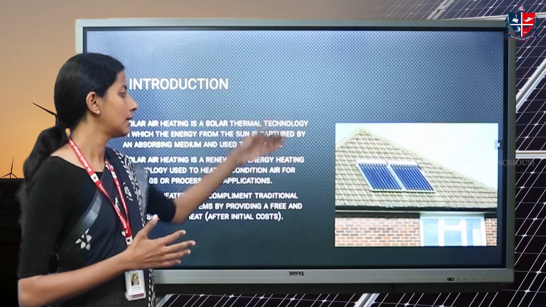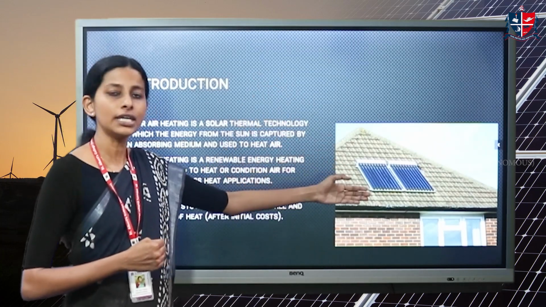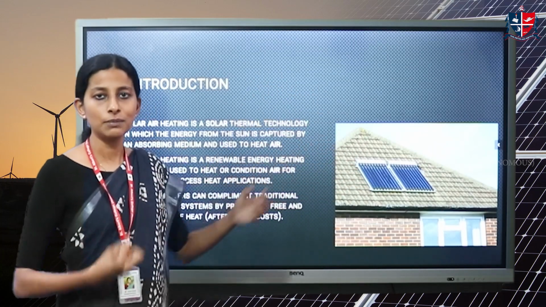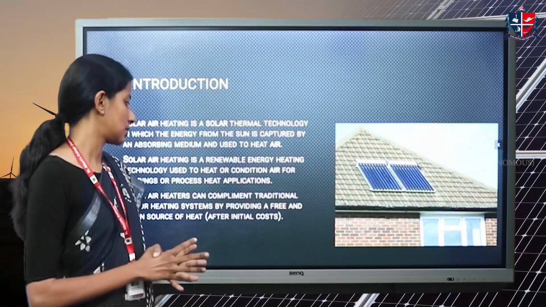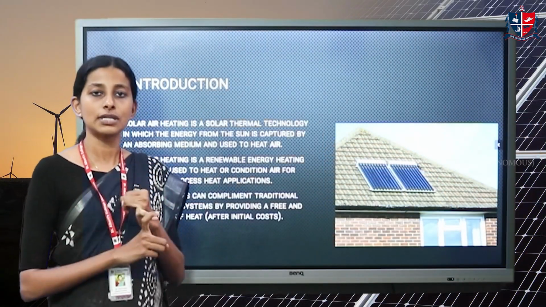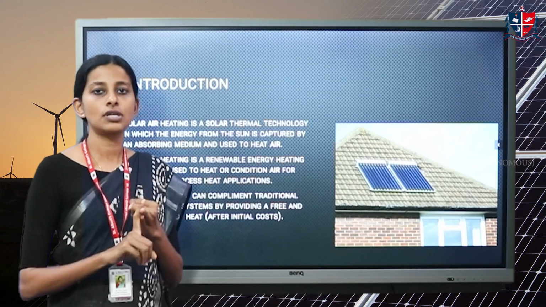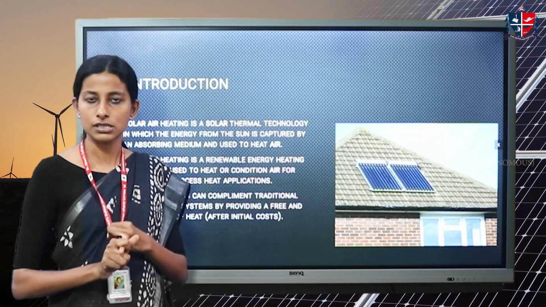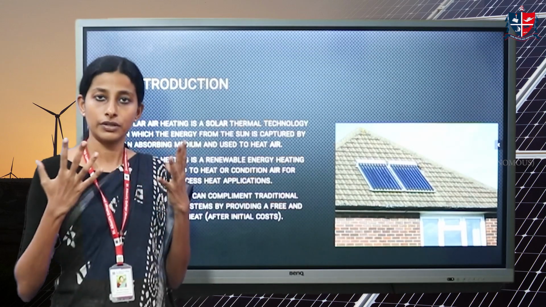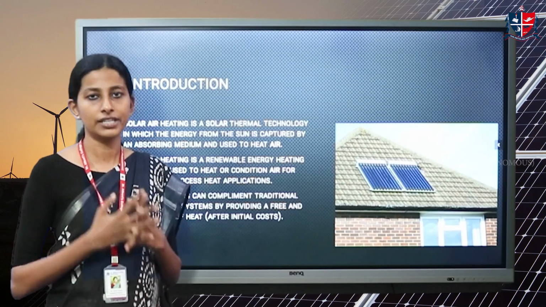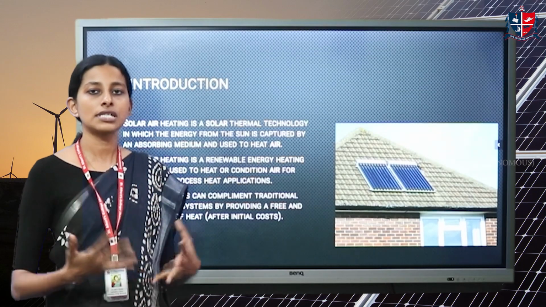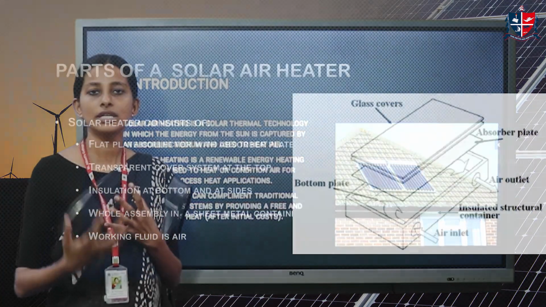Here we can see that the solar radiation falls on the area. There should be an absorbing medium. The absorbing medium will capture this radiation and transfer the heat to the air around. That is the basic principle of solar air heating. The main advantage is that we are using a clean source. It is the best alternative to conventional electric heaters because the sun is always a renewable source. It is in abundance and doesn't cause any kind of environmental degradation. It is also there in numerous amounts that we need to tap and use for many other purposes.